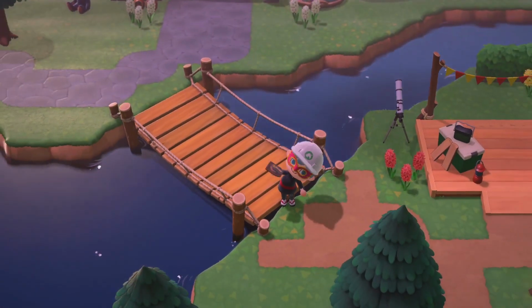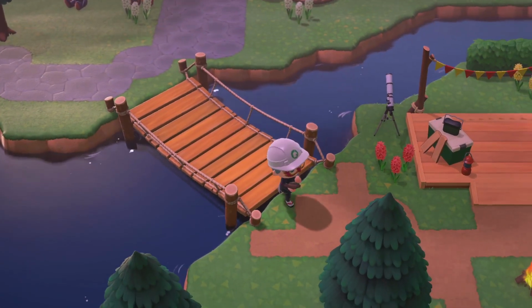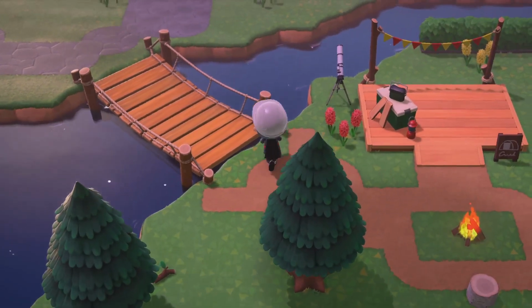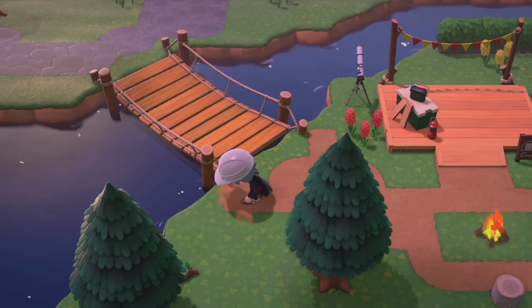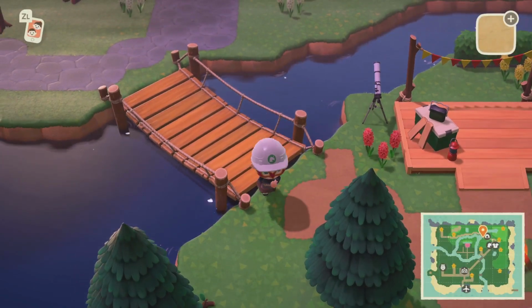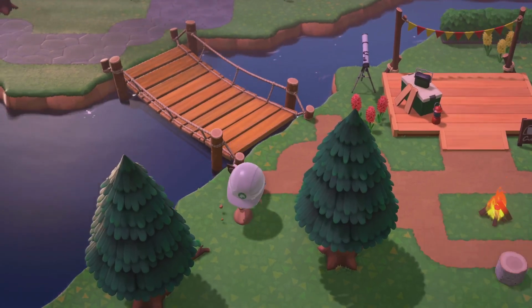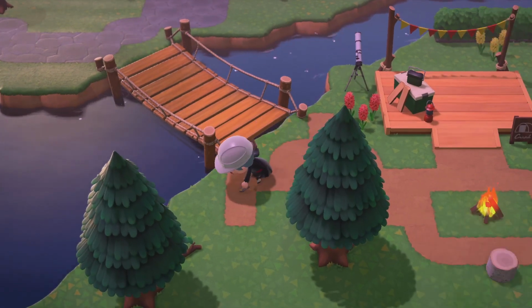Dirt path. I don't know much about those points. I haven't done anything with those yet. That doesn't look good either. New plan. I have an idea that might work. Let's try if we can...